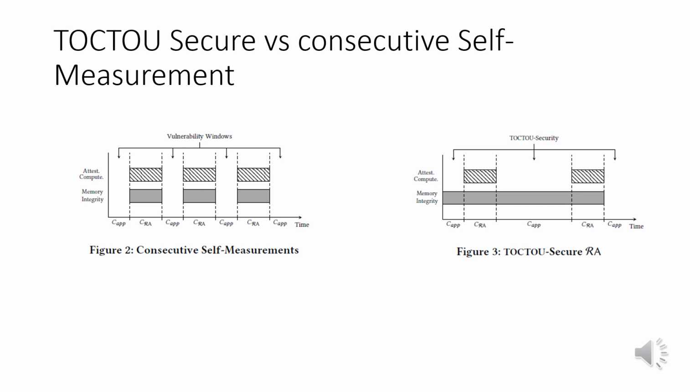RA schemes based on self-measurement attempt to detect transient malware by intermittently and unilaterally invoking the RA function. It then self-reports to the verifier or stores these values locally. Upon receiving these measurements, the VRF checks for the presence of malware. Clearly, all self-measurement schemes have to leave some time between consecutive RA checks.